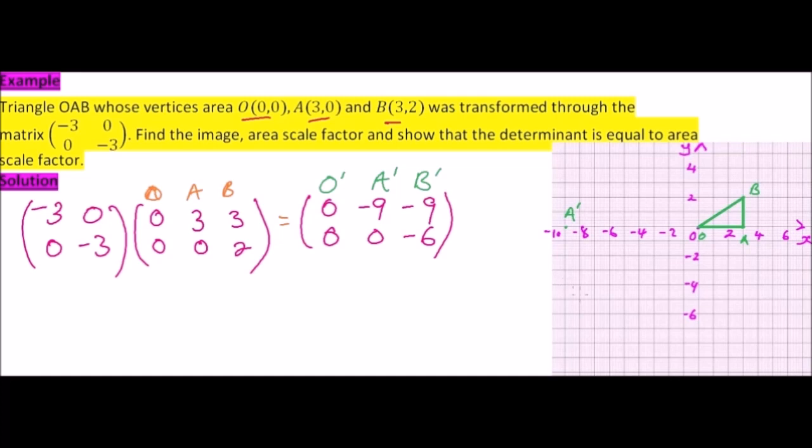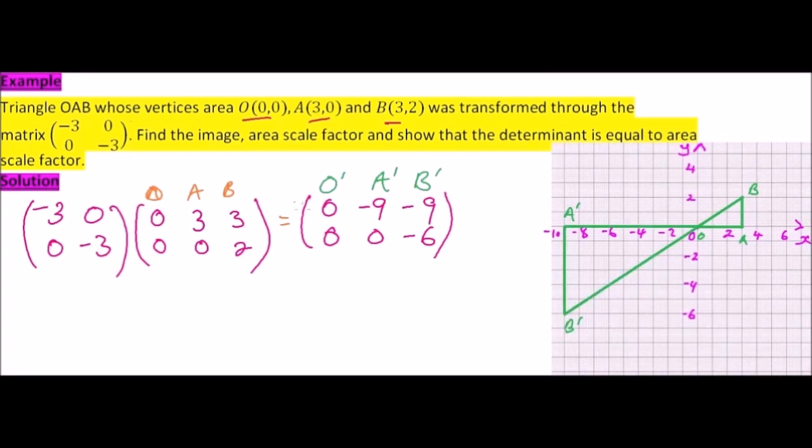So that is where we have our B prime. Then once we identify that, we join the 3 points to come up with our image. So we now have our image OAB double prime, and then from there we are required to find the